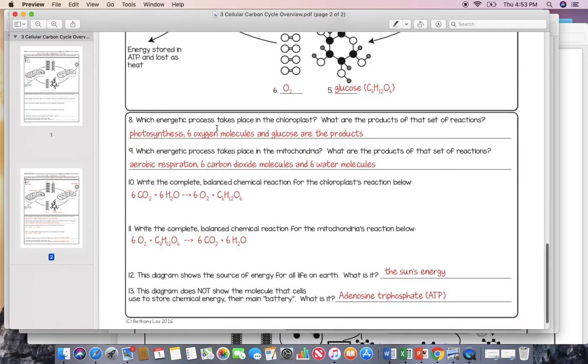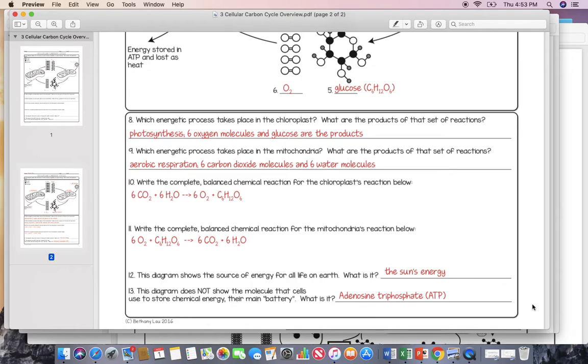So it says, which energetic process takes place in the chloroplast? Photosynthesis. What are the products of that set of reactions? 6 oxygen molecules and glucose are the products. Which energetic process takes place in the mitochondria? What are the products of that set of reactions? So aerobic respiration, we call it cellular respiration, takes place in the mitochondria, and 6 carbon dioxide molecules and 6